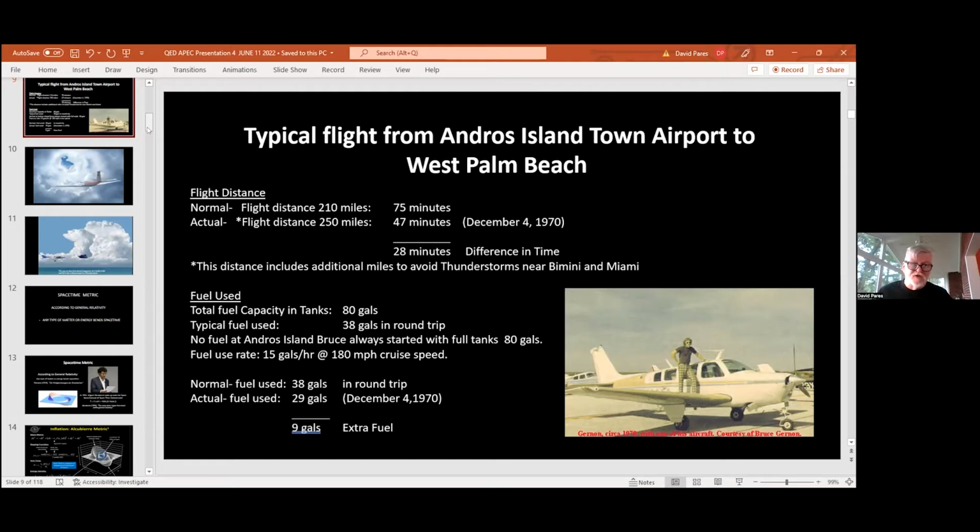And as he came out, you guys were talking about ionization and how that affects things. Apparently his aircraft got covered in an ionized field. He calls it electric fog. And when he got to Miami Beach, the fog dissipated around the cockpit of the aircraft. This has been experienced by several pilots, documented in the past as well. Is it related, unrelated? It's all related to the electric fields and the ionization that occurs inside these clouds,